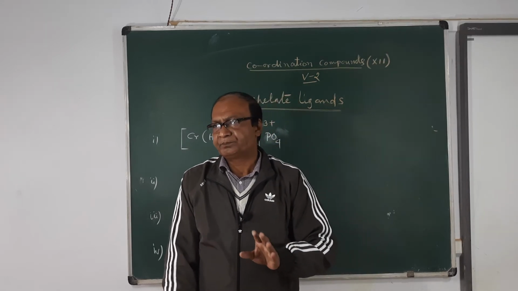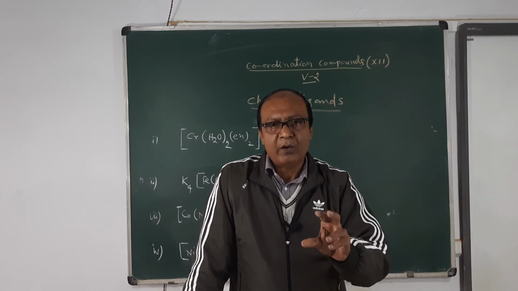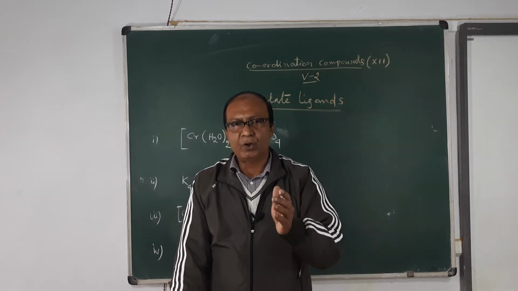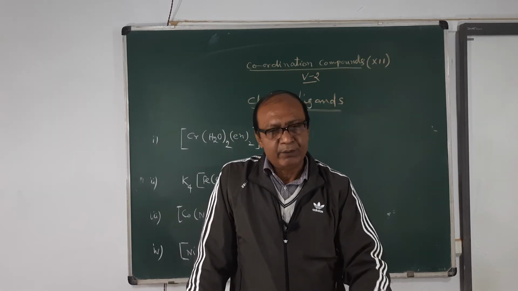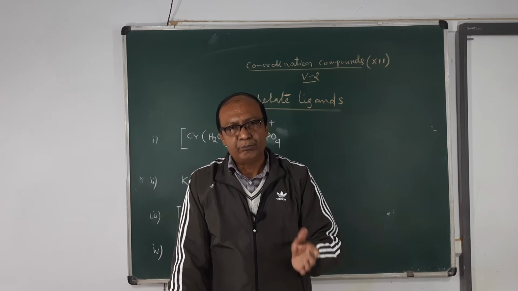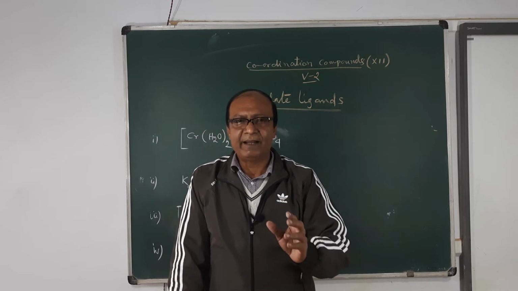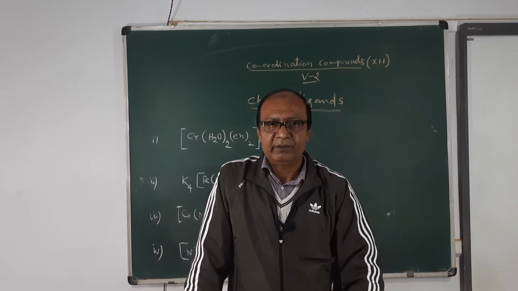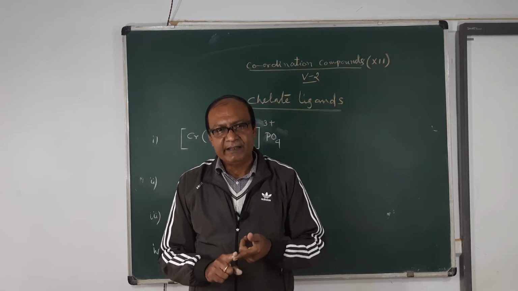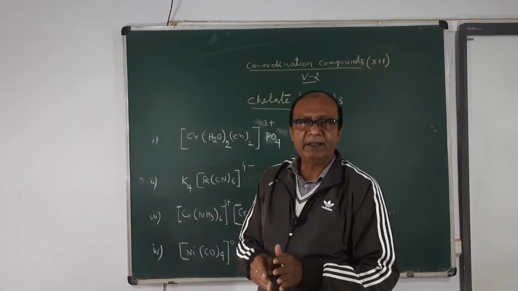In addition to that, there are some names which carry O at the end. The last letter is O. They can also be used, such as chloro, bromo, iodo. You can write in their IUPAC name chloro, bromo, iodo, or you can write chlorido, bromido, iodido. CN minus also has another name, cyano. So you can use cyano in the IUPAC name, or you can write from the inorganic name cyanide, drop the E, add O, cyanido. So this is the way of writing the names of the ligands.